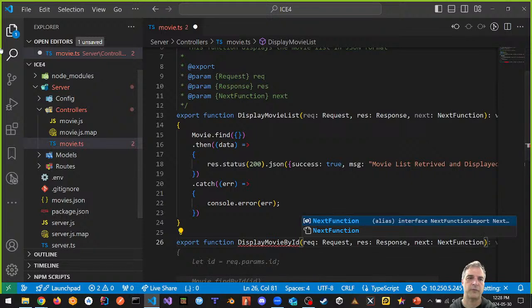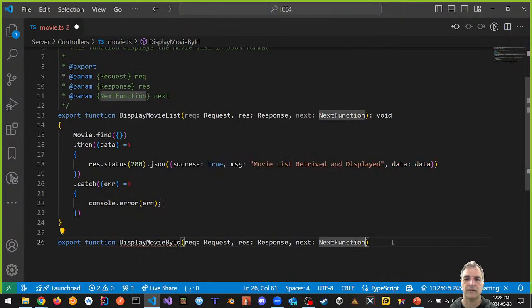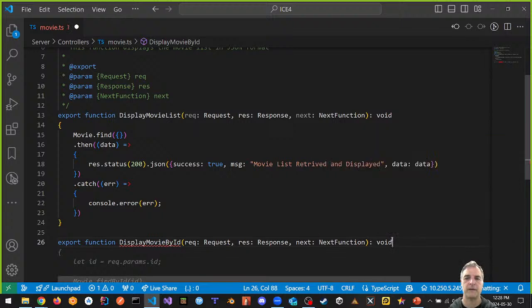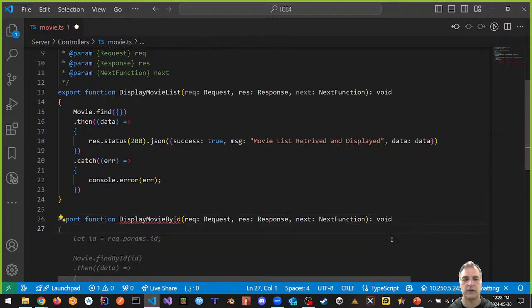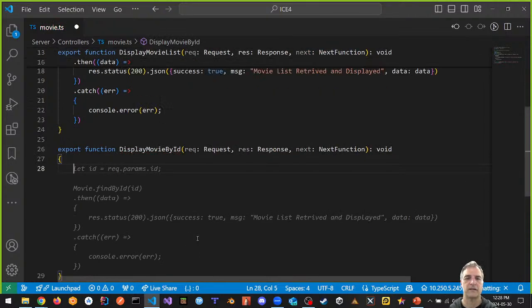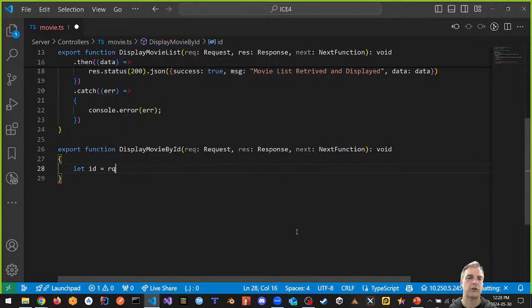I'm just going to pull this over here so we can see in real time. It is going to return void. We don't need to return anything here. And what I want to do is what it said there. So this is the first thing. See where it says let ID equal to